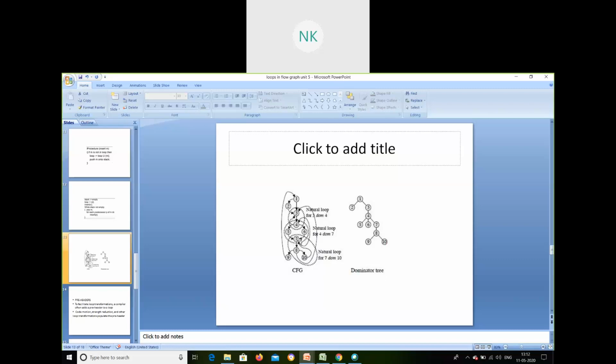It is not going to the initial node 4. 4 to 6, 6 to 7, then the arrow is going down. It is not going this way. All right, the natural loop of 7 to 10 will be 7 to 8, 8 to 10, and 10 again to 7. So this is the natural loop, the outer natural loop and inner natural loop, and according to the outer natural loop we have discussed, we will be able to create a tree.